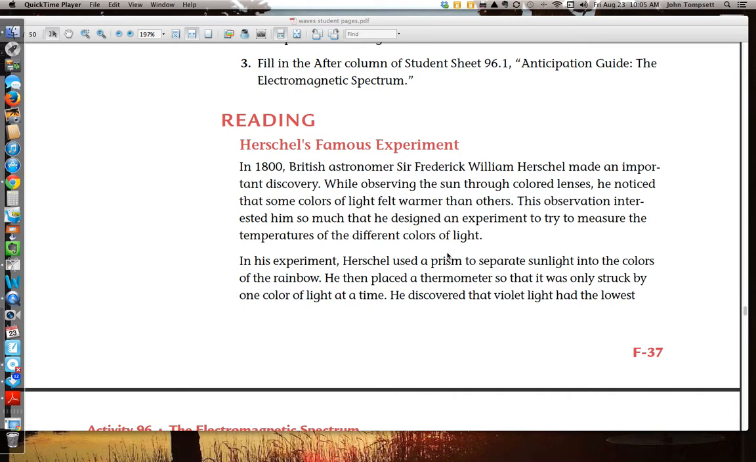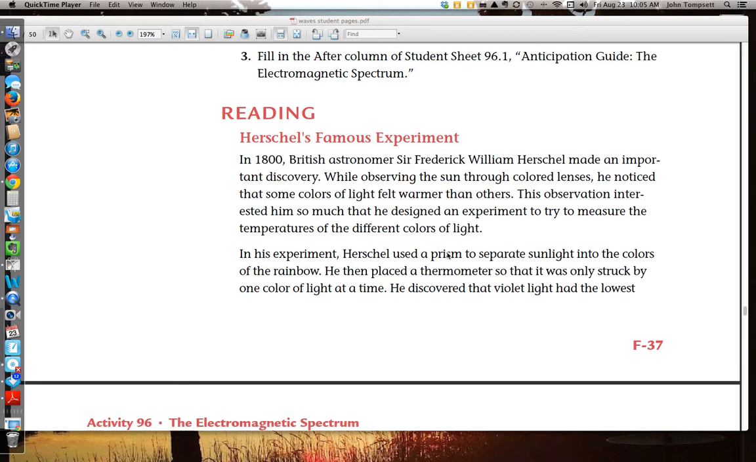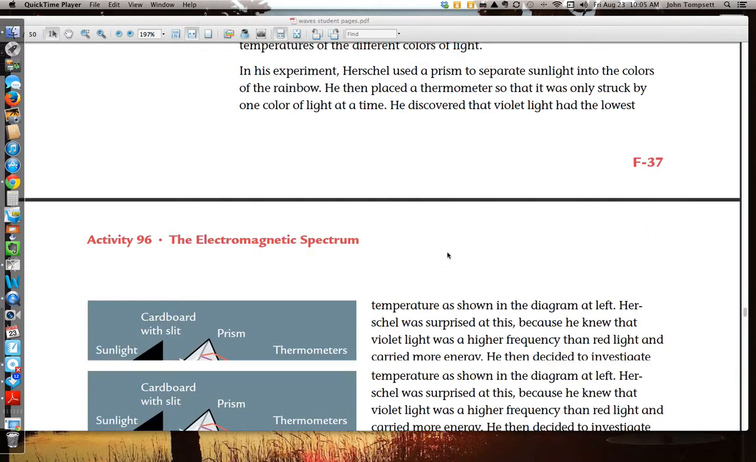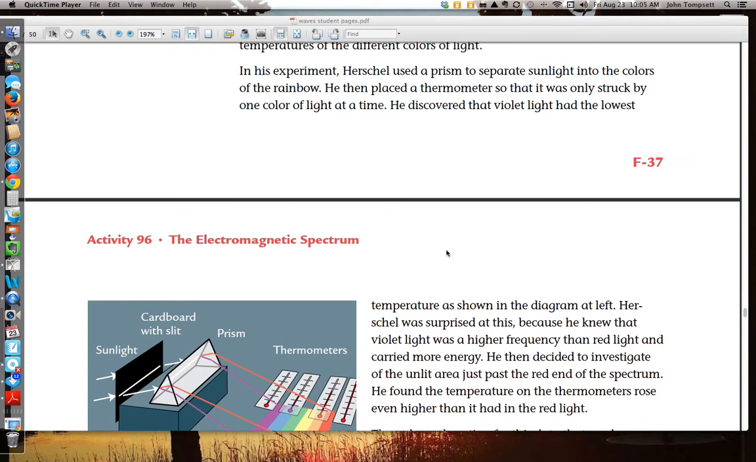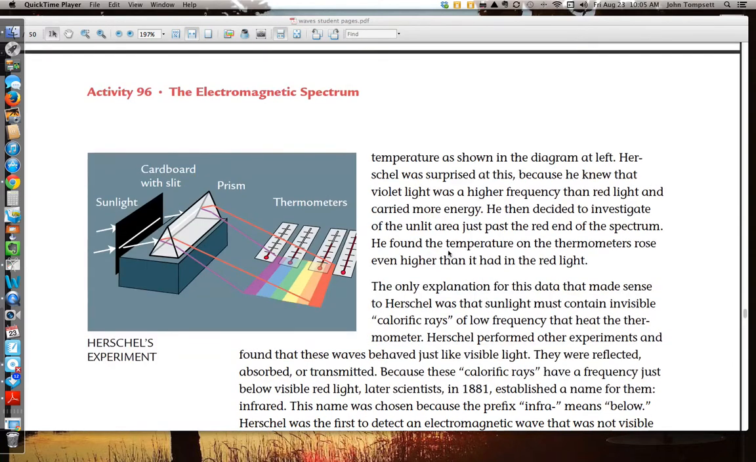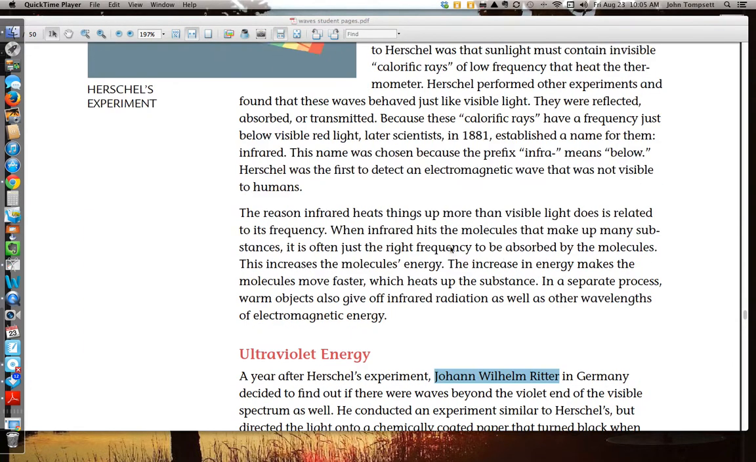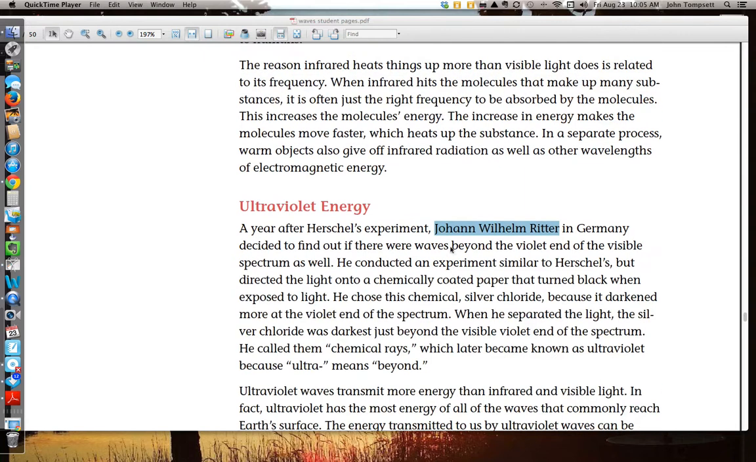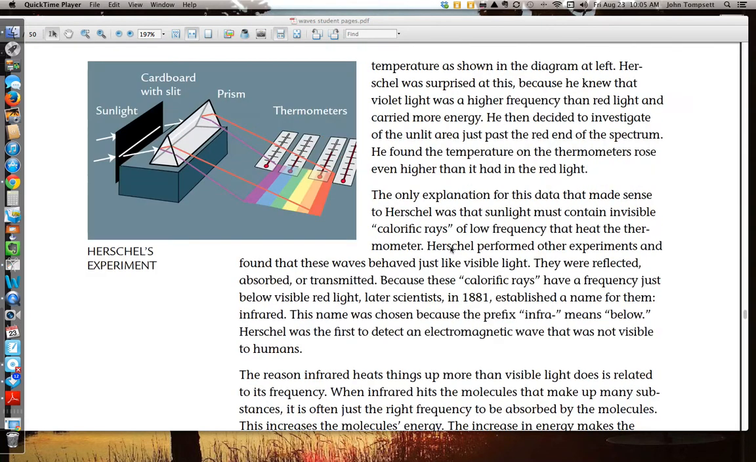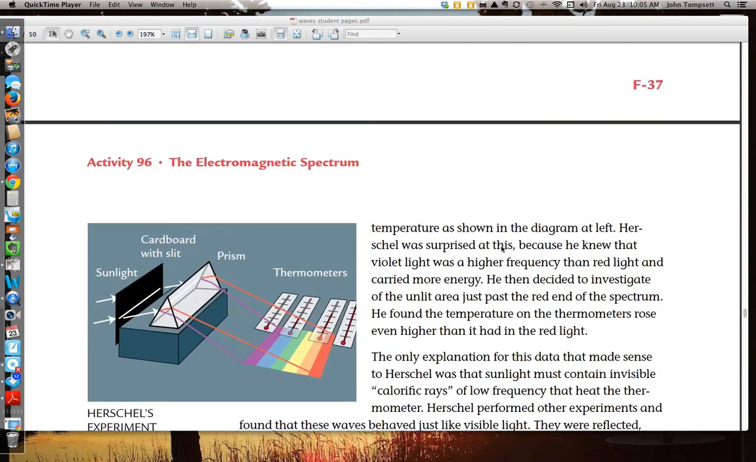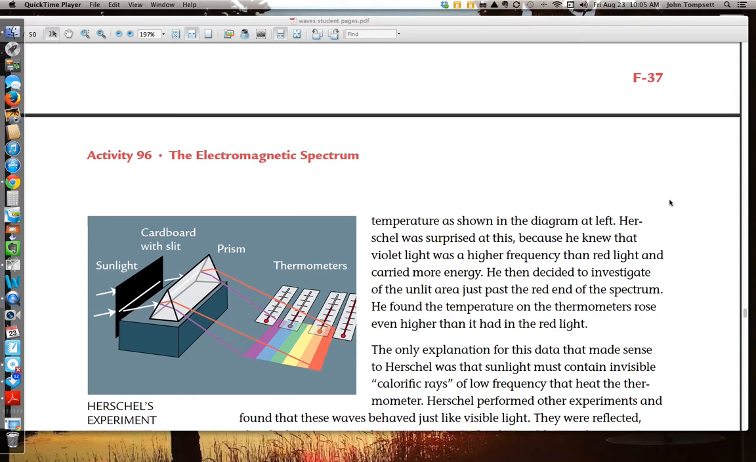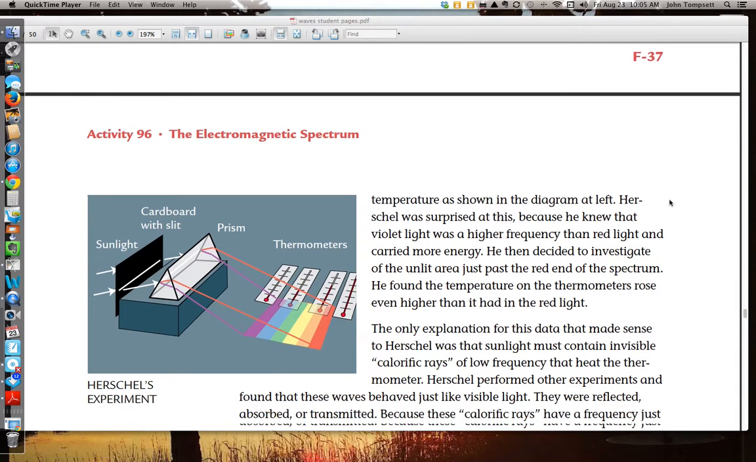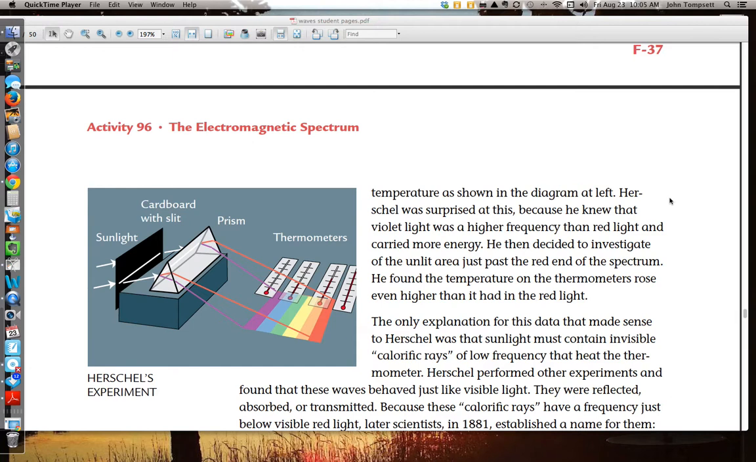He discovered that violet light had the lowest temperature as shown in the diagram at the left. Herschel was surprised at this. Sorry, hold on. Okay, here we go. I'm going to try and flip it back up one more time. Herschel was surprised at this because he knew that violet light was a higher frequency than red light and carried more energy. He then decided to investigate